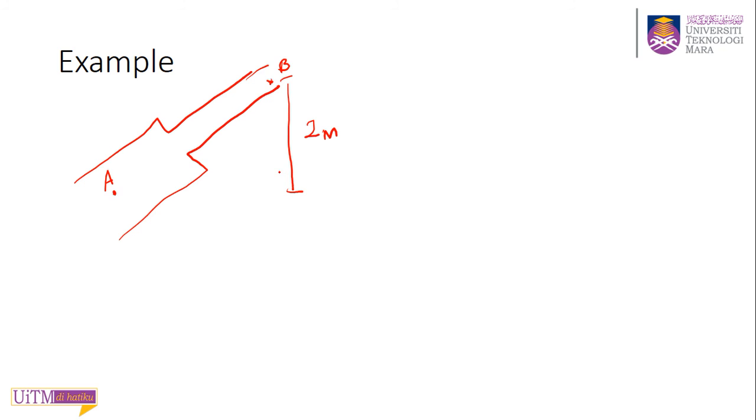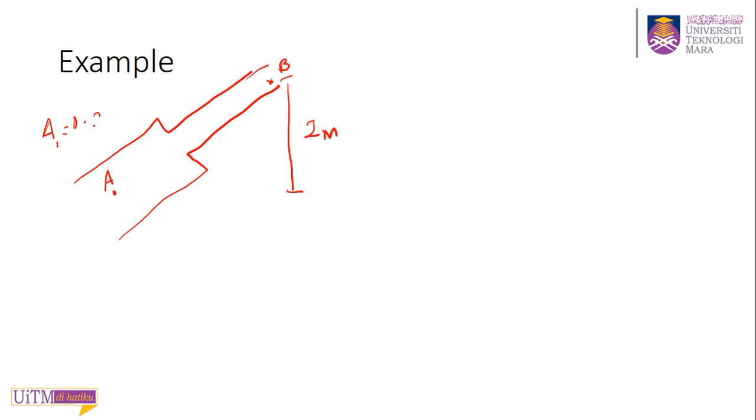Okay, so we assume all the limitations are in place. There's no energy loss, there's a compressible fluid, there's no heat transfer, whatever. Okay, now they give you the area at this point. The area A1 is equal to